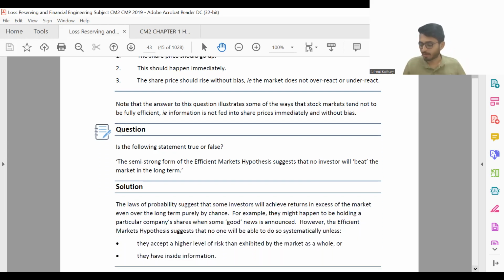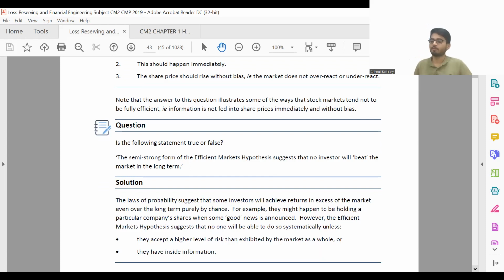And here again in a mathematical way, the laws of probability suggest that some investors will achieve returns in excess of the market even over the long term purely by chance। Like इसका था Slumdog Millionaire, he got all 10-15 correct questions and according to him all was by chance only। Again वो movie made है, ठीक है,